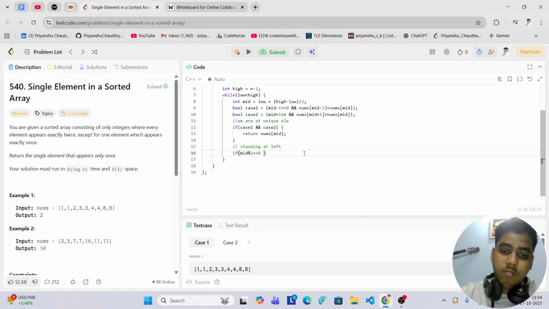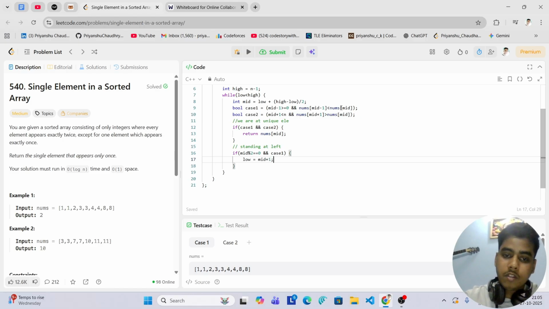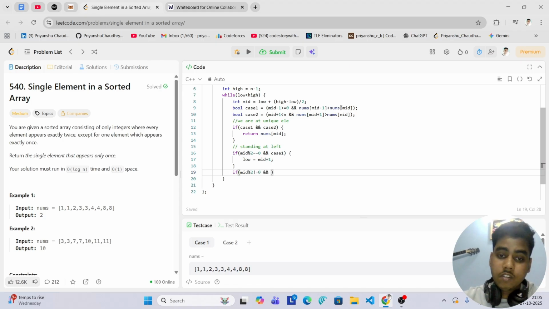I'm standing at the left, and if the parity is even, then the left element should be different. So it means that case 1 should be true. This proves that we are standing at the left. If we are standing at the left, we have to move to the right, so my low will be mid plus 1. And if the parity of my mid is odd, because we have checked for even,